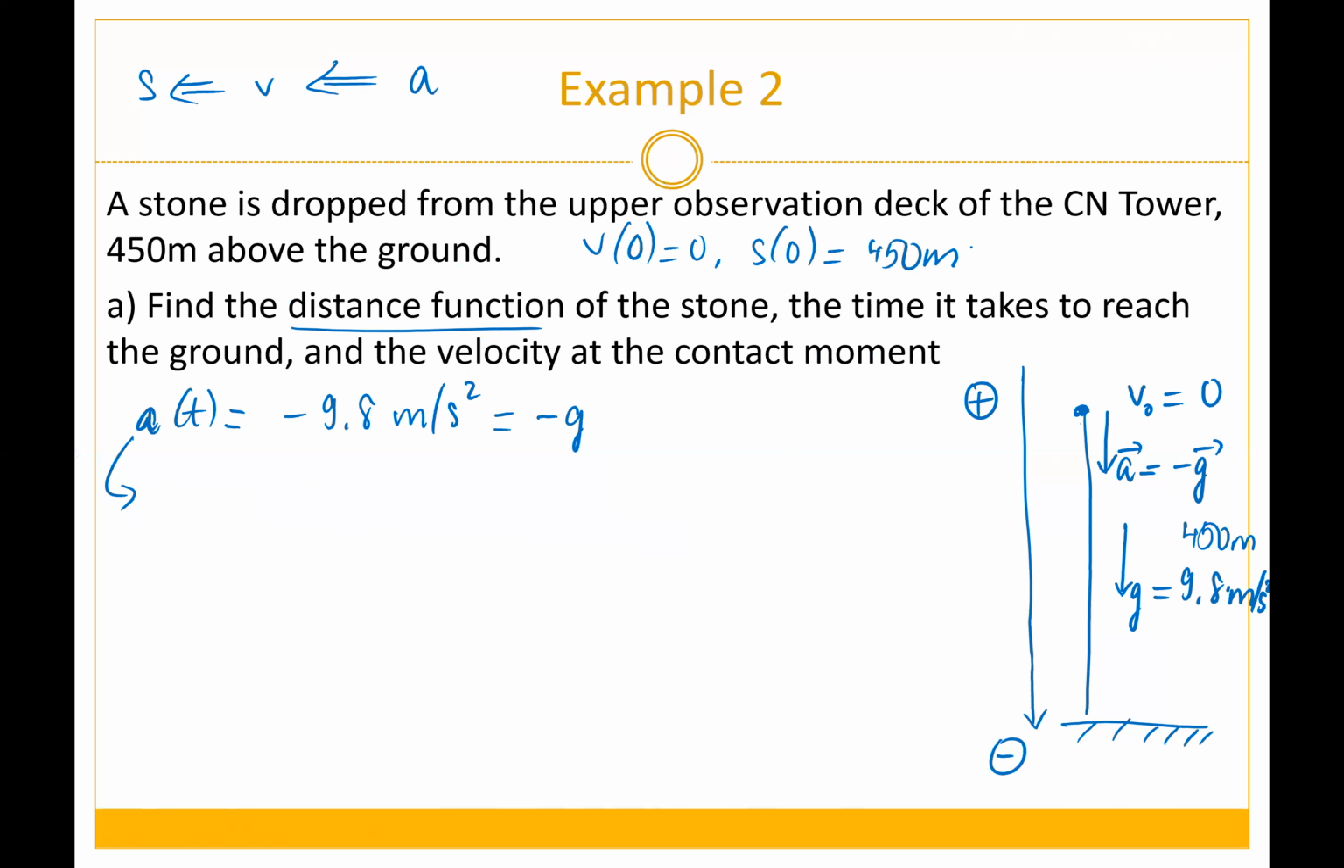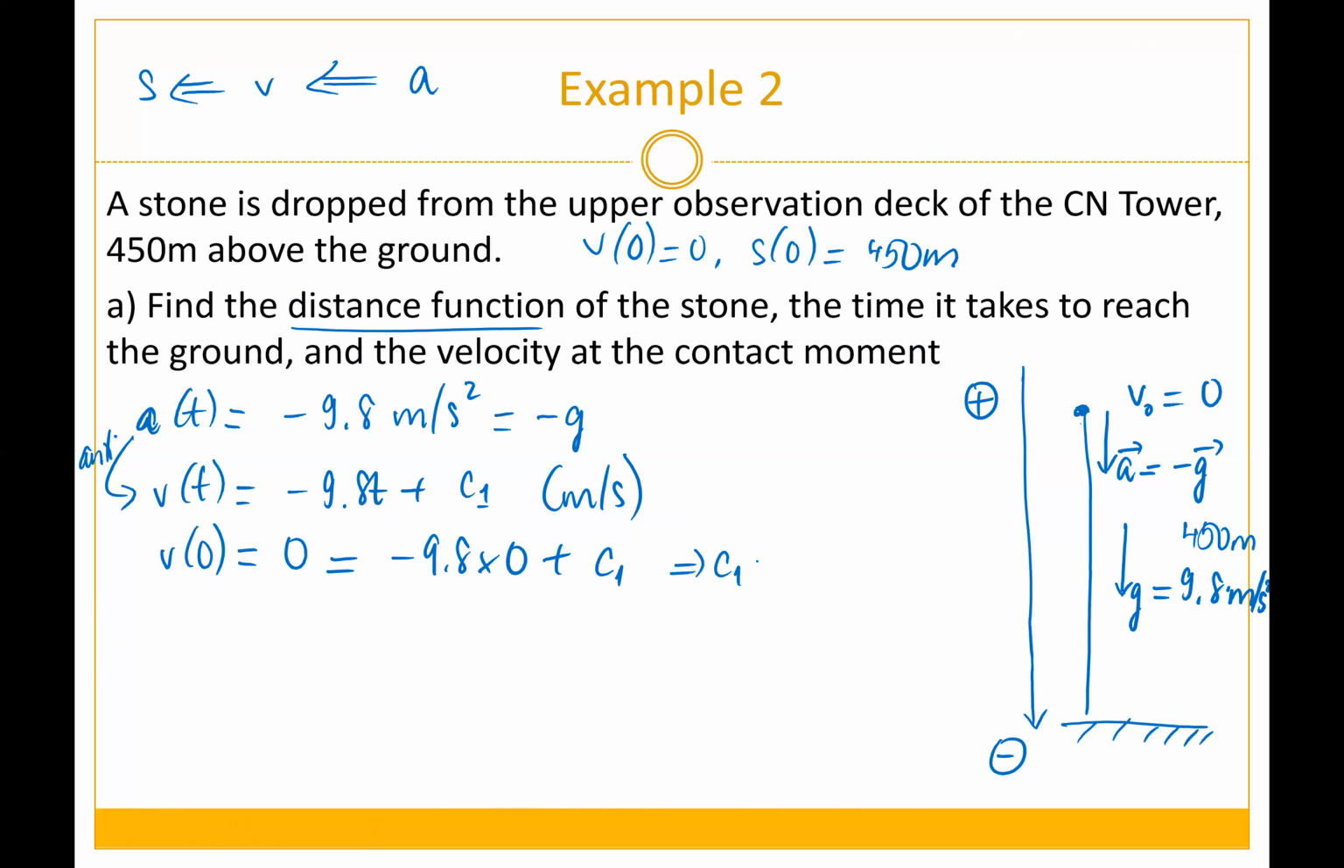Then you have the first antiderivative, which gives us v of t. So velocity is the antiderivative of acceleration. You're going to have negative 9.8 t plus c1 meters per second. Then, using the first condition given, v of 0 is 0. So when you plug in t equals 0, you're going to have negative 9.8 multiplied by 0 plus c1. So you have c1 is 0. Then the conclusion is that the function v of t is negative 9.8 t